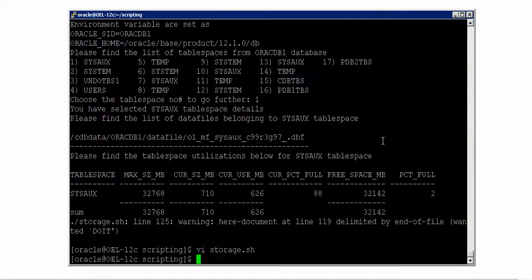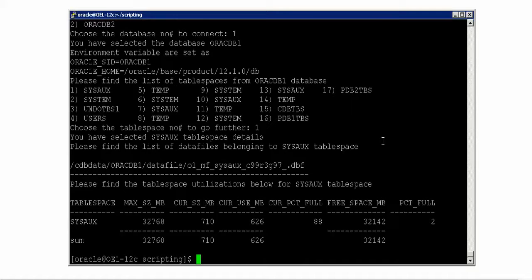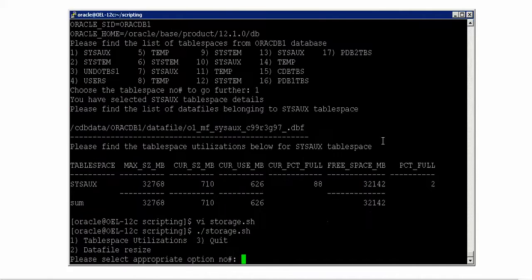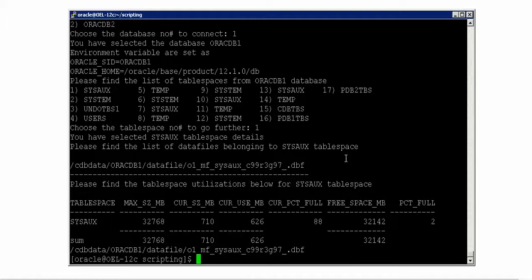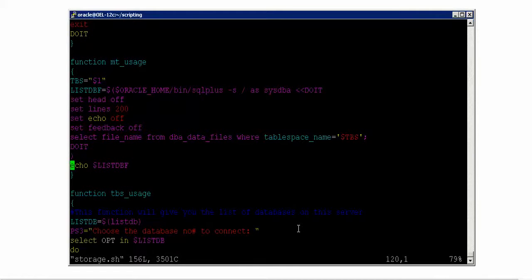Alright, let me check if that's fine. Yep, that's fine, but I don't see any output on the screen, though I say echo. Let me see in vi. There is no error at the moment, but there is no output as well, because I think I did not end this select statement properly. That's the reason I'm not getting the output. So now let me rerun it. 1 1 1. Perfect. I can see the list, right? Now I have resolved this problem, and now I'm taking this output to a variable.